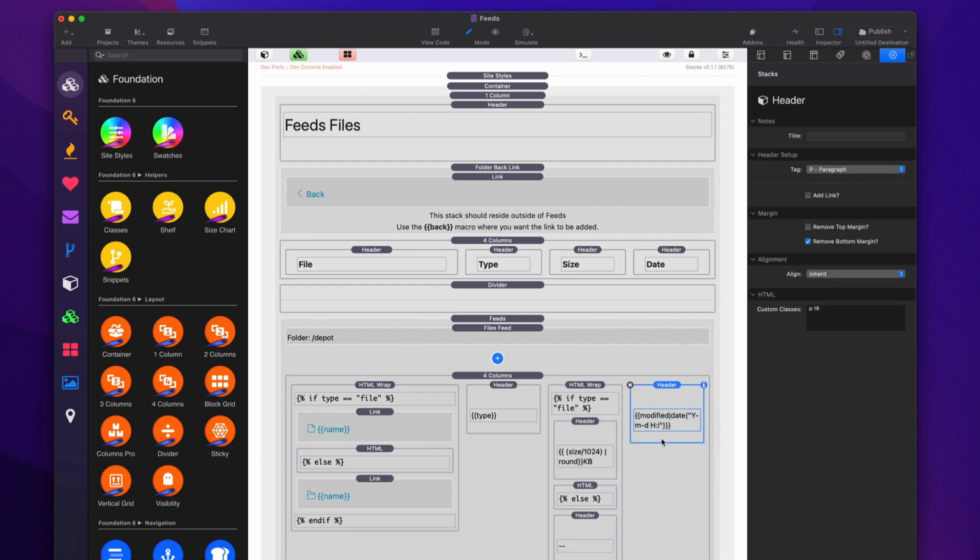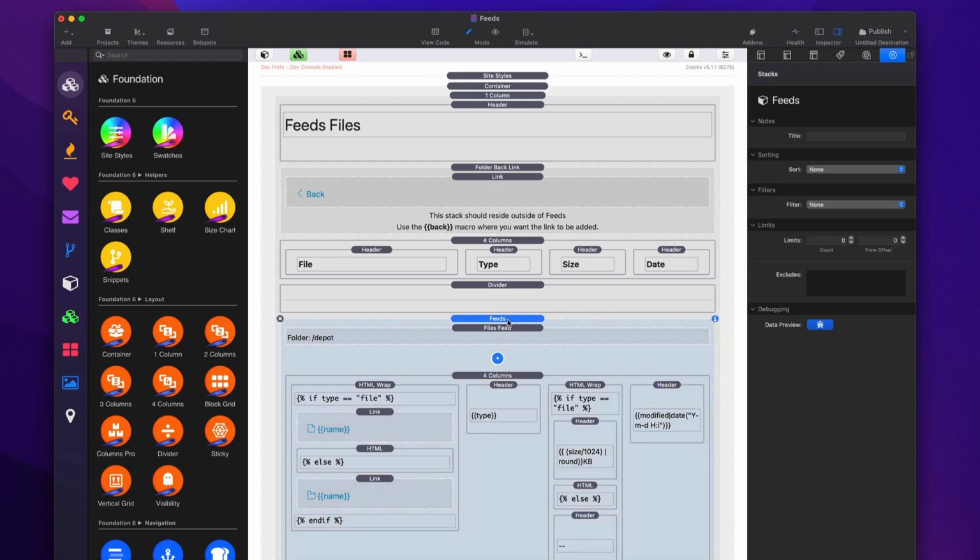So as you see here, some really great examples of how to use Twig. If you want more in-depth examples of that, go ahead and check out our video that we already have on Twig templating using feeds. So some really good, powerful stuff there. Now, there is one stack that I haven't talked about yet that comes with the files pack, and that is